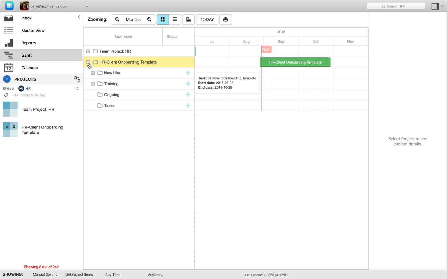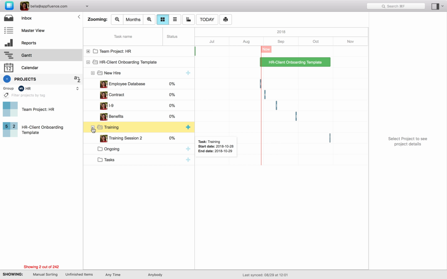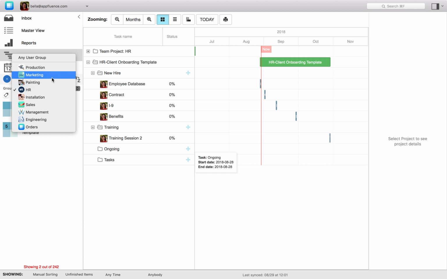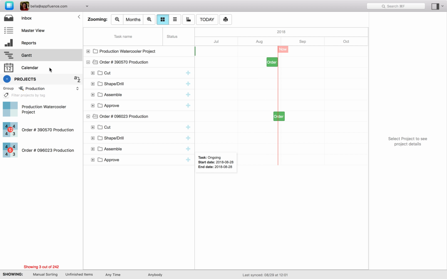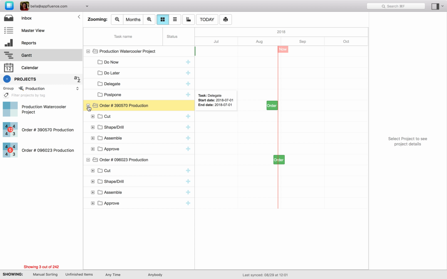So we see that HR is booked from the end of August to almost the end of October. We can pop open these different quadrants and see the span of tasks. We can very easily contrast this then with production as an example. So I'm going to click on the production user group, and now I'm going to see that